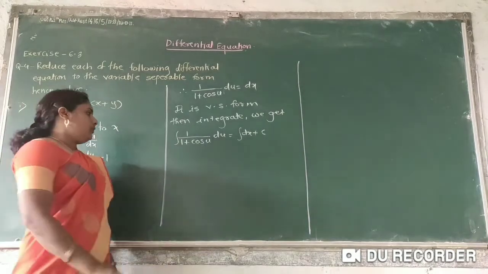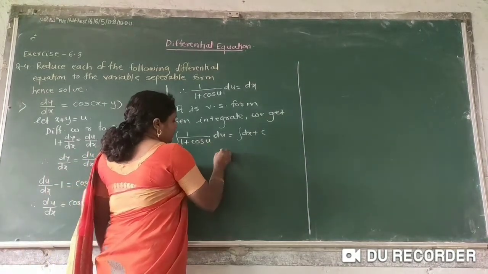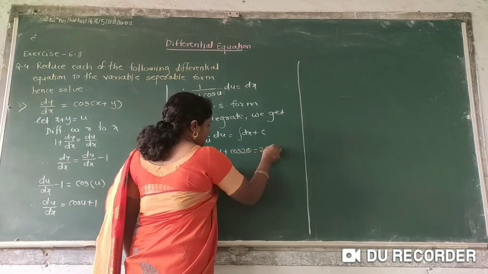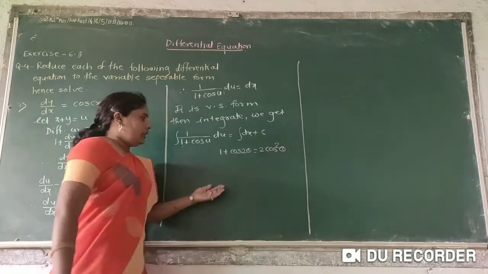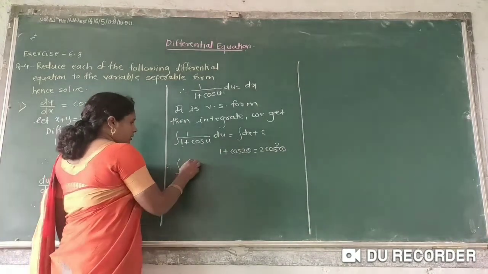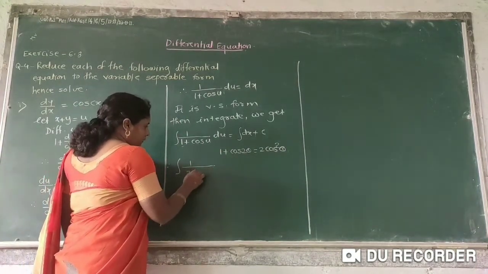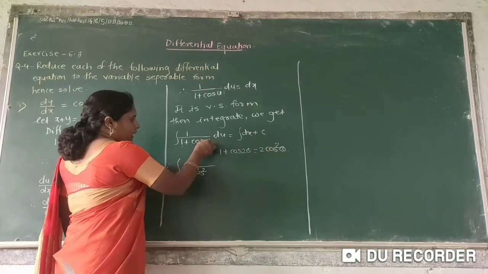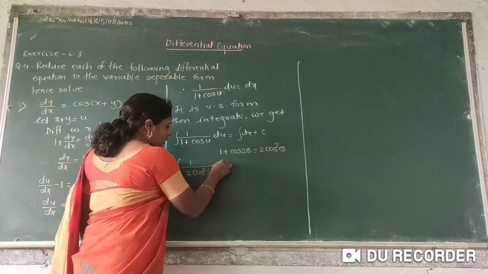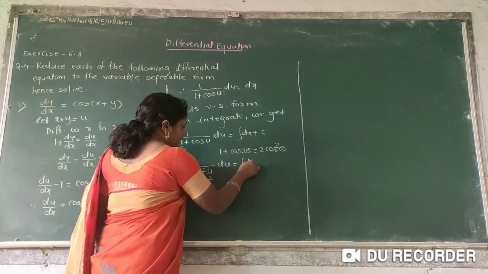You know the formula for 1 plus cos 2 theta is equal to 2 cos square theta, and use this formula in this term. We get integration of 1 upon 2 times cos square. Here the angle is u and its half angle is u upon 2, du is equal to integration of dx